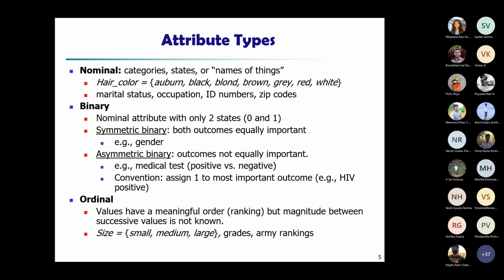Even your grades, like say you get A plus, B plus, C plus, etc. Though it is some category, it is not just simply some category. There is an order, isn't it? So you know that O is first, then A plus, then A. That kind of order is there. So that is also one example.